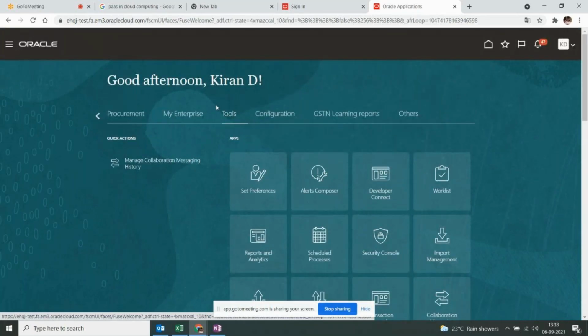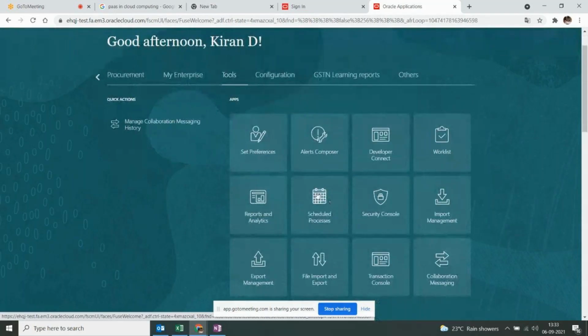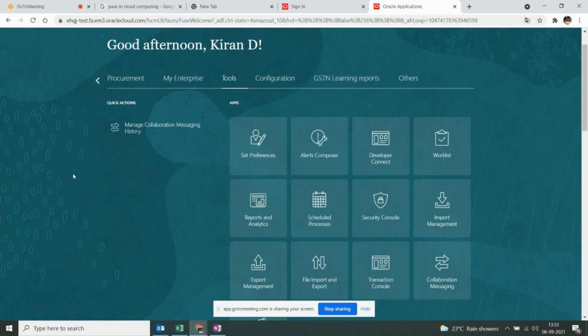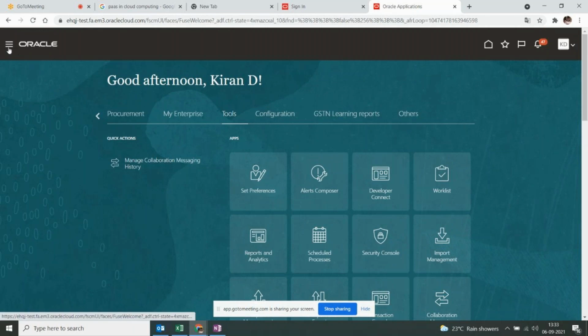Within the tools, we have important things like schedule process, which we'll see in detail, and security console, import and export management, reports and analytics. These are very, very important things which we will see in detail. So that is about the navigator.